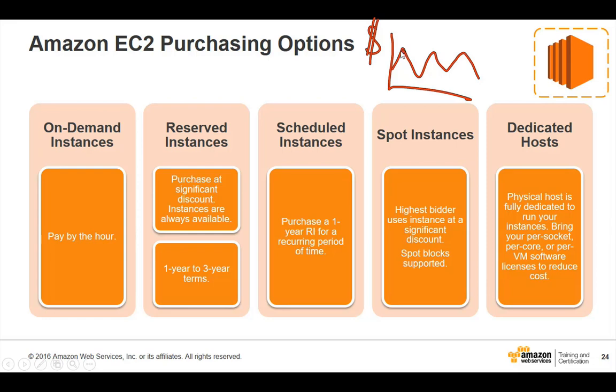Maybe at peak time it's very high. So what you can do is you can come in here and say, I would like to purchase if the price ever drops below that value. So you specify a price that you're happy to pay. If the marketplace fluctuates, which it does, and then drops below here, you then get your instance, provided the marketplace doesn't rise above your price point,